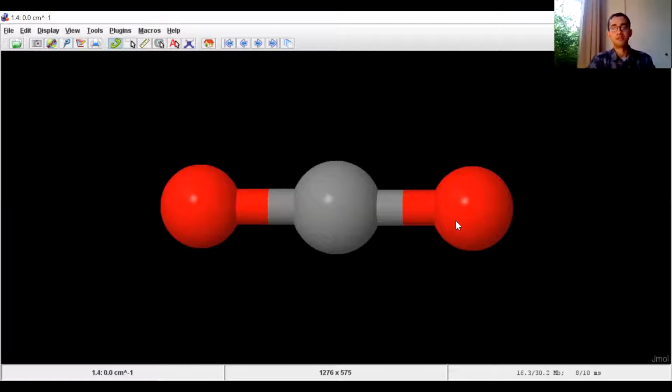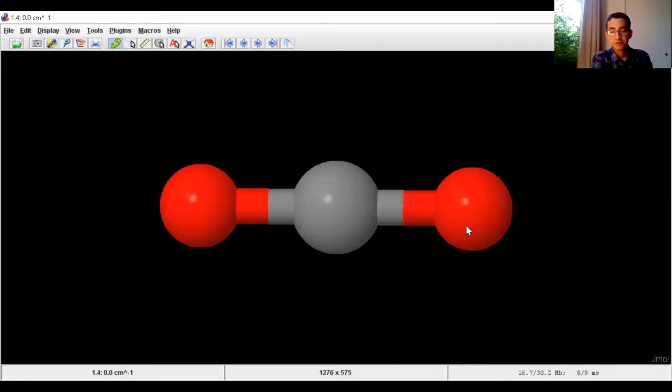I'd spoken about Z matrices, right? So this is a Z matrix representation of carbon dioxide. It's an extremely simple way to do this. Look it up over the internet and try doing this in Notepad. And then there's this software called JMOL. It's essentially open source software. You can download it from the internet. And once you have it, the next thing you would want to do is take this carbon dioxide molecule and do a vibrational mode analysis on the system.